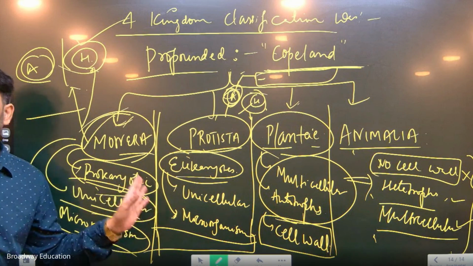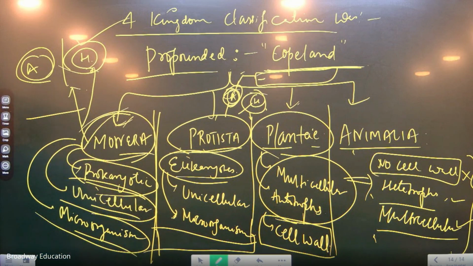However, do you think it is sufficient? Still something is missing. Yes or no? What is that? Fungi. These are also small organisms, microorganisms only, but what they have is the cell wall. Yes, but they are heterotrophs. Is this part clear with everyone? Some fungi are unicellular also, and some can be multicellular also.